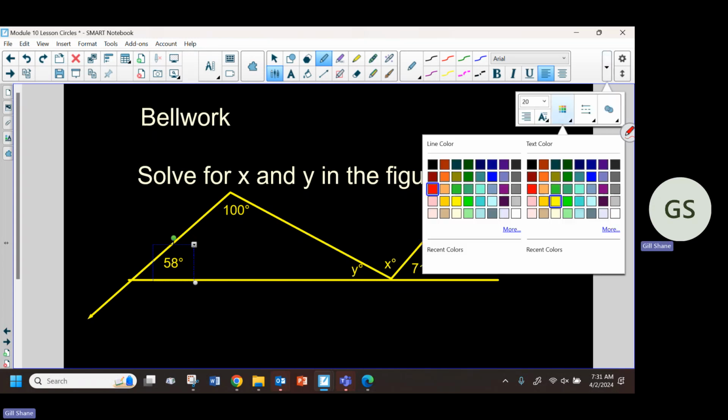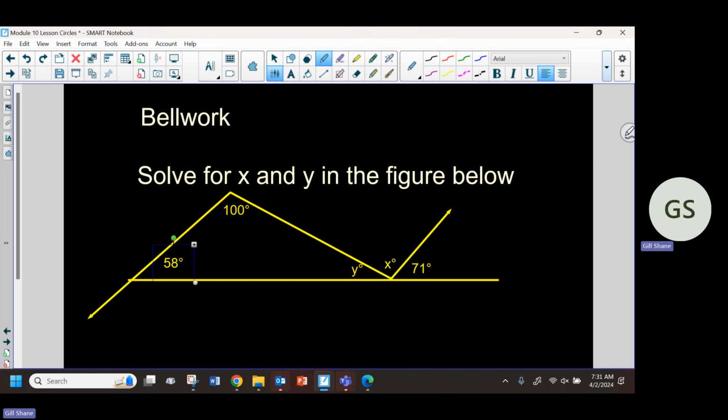So that angle, and that angle. It does not matter that we don't know what that angle would be. It wouldn't matter if we didn't know what any of the angles were. So again,